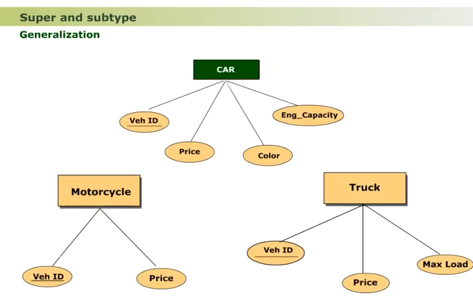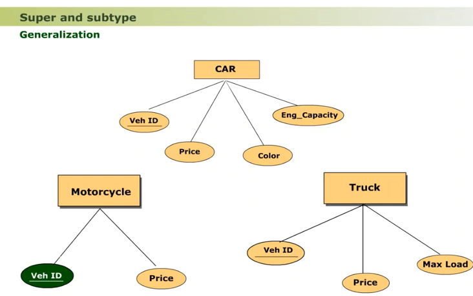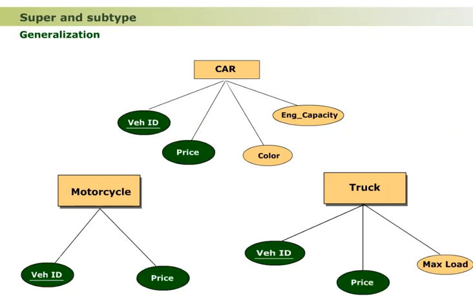The entity car has attributes vehicle identification number, color, price, and engine capacity. The entity motorcycle has attributes vehicle identification number and price. The entity truck has attributes vehicle identification number, price, and maximum load. It becomes clear by closely examining these entities that the attributes vehicle identification number and price are common. This fact reiterates that each of the given entity types is a version of a more general entity type, vehicle, as